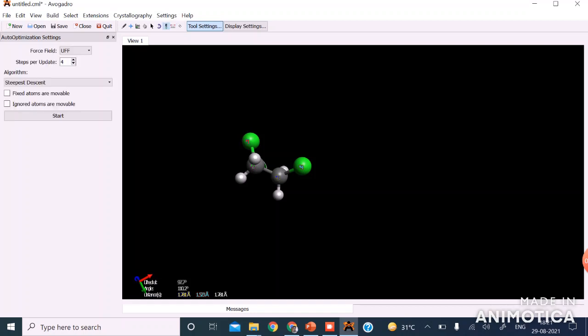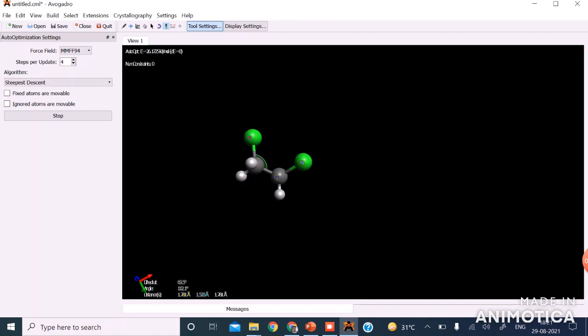So you can optimize this geometry by clicking on the auto optimization tool. So click and select the Merck molecular force field, and the algorithm is the steepest descent technique, and start the auto optimization. Wait for just seconds. You can see the change in the dihedral angle from here, and watch carefully. Now the change in the energy is 0 and the dihedral angle is around 69.9 degree.